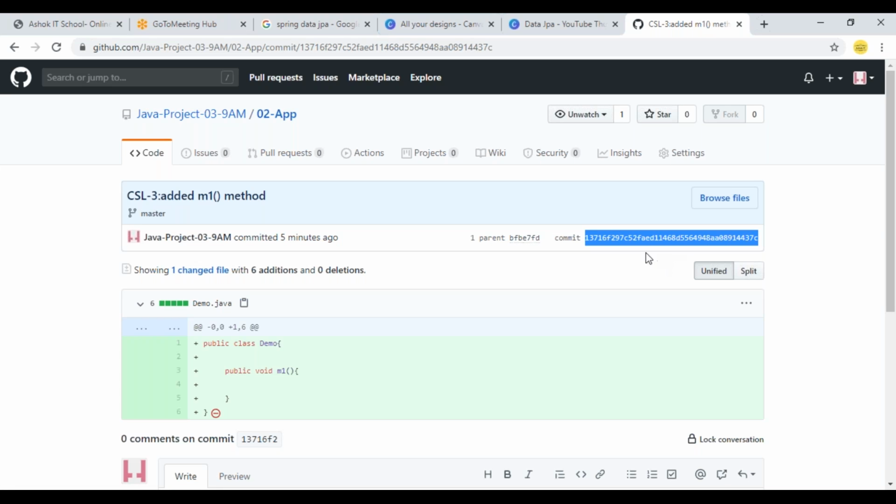From this complete commit ID, it is going to display only the first 7 characters for us. But the complete ID will contain 40 alphanumeric characters. It is a unique value generated for every commit. When you commit anything to your repository, a unique commit ID will be generated that contains 40 alphanumeric characters. From those, it will display the first 7 characters as a commit ID for you.